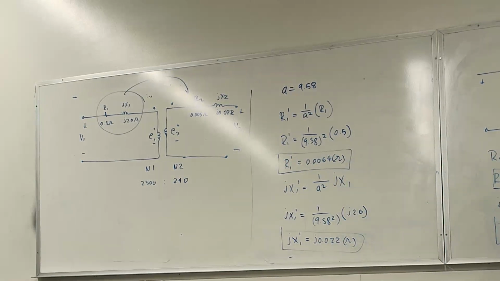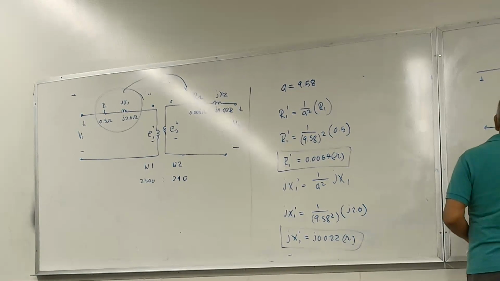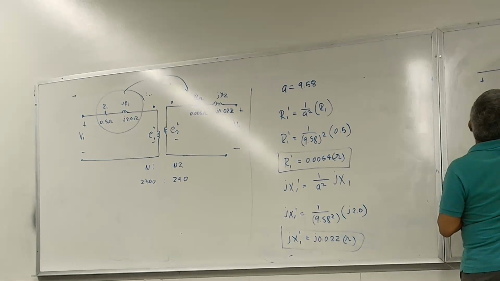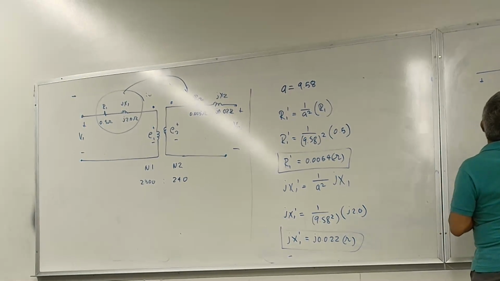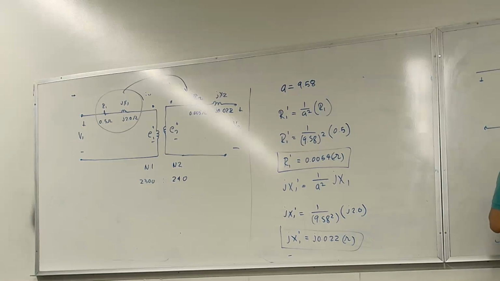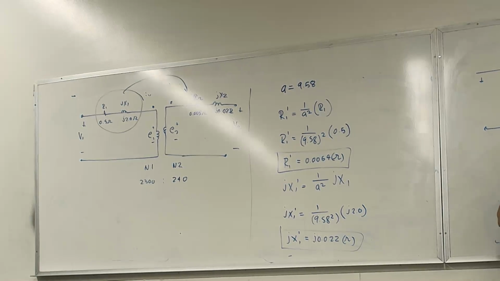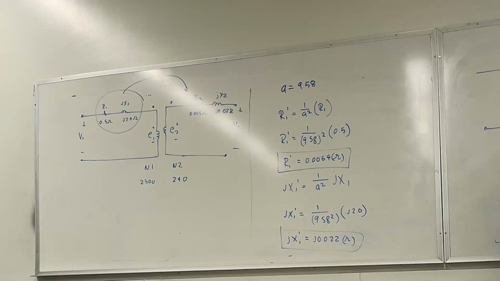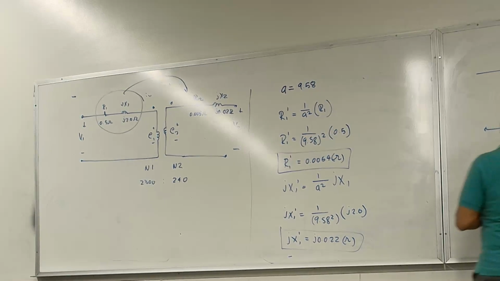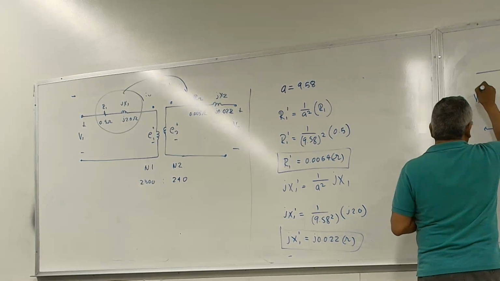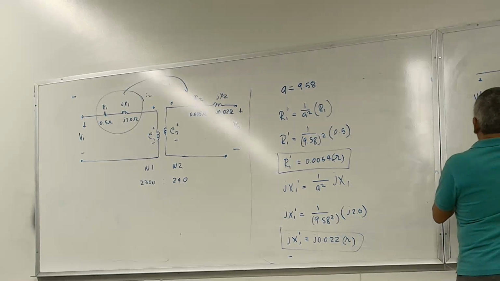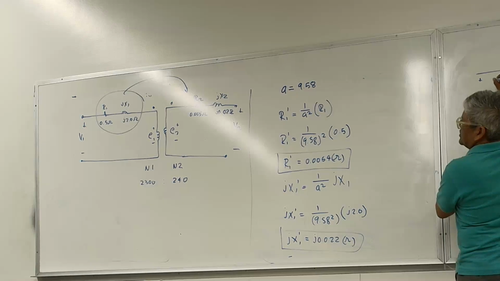I'm gonna erase this. I'm being lazy now, everybody. Okay, this is R2, jX2, R1 prime, jX1 prime. This is going to be V2 plus minus. I'm going to call this for now V1 prime plus minus. This here is 0.005